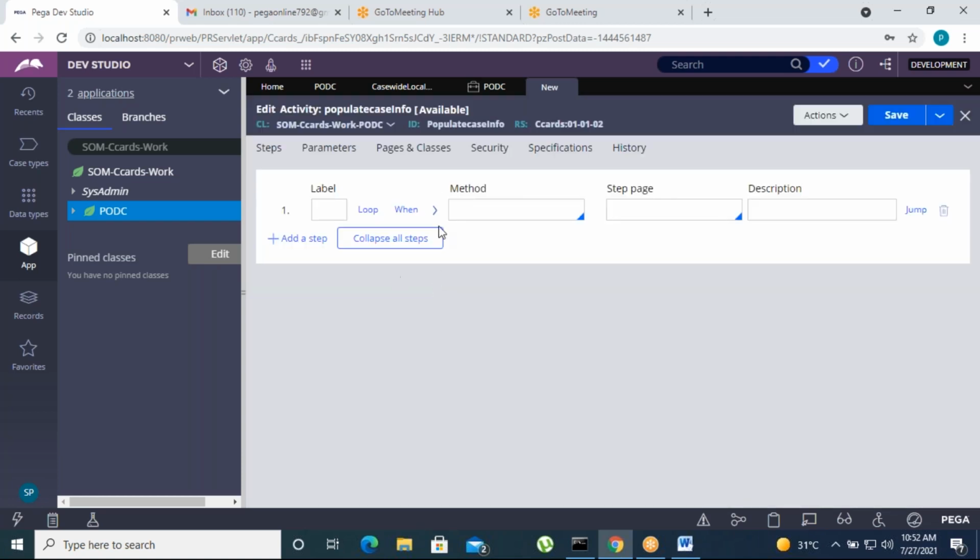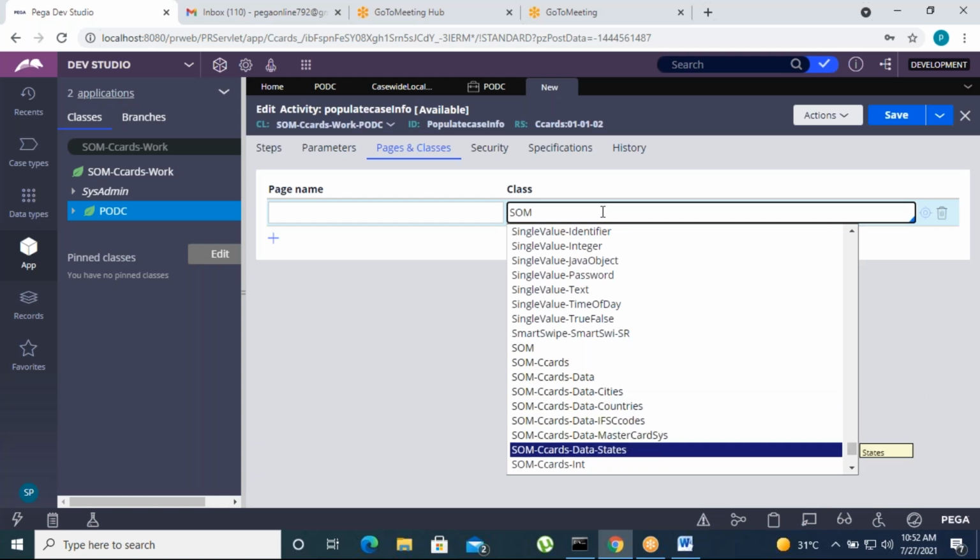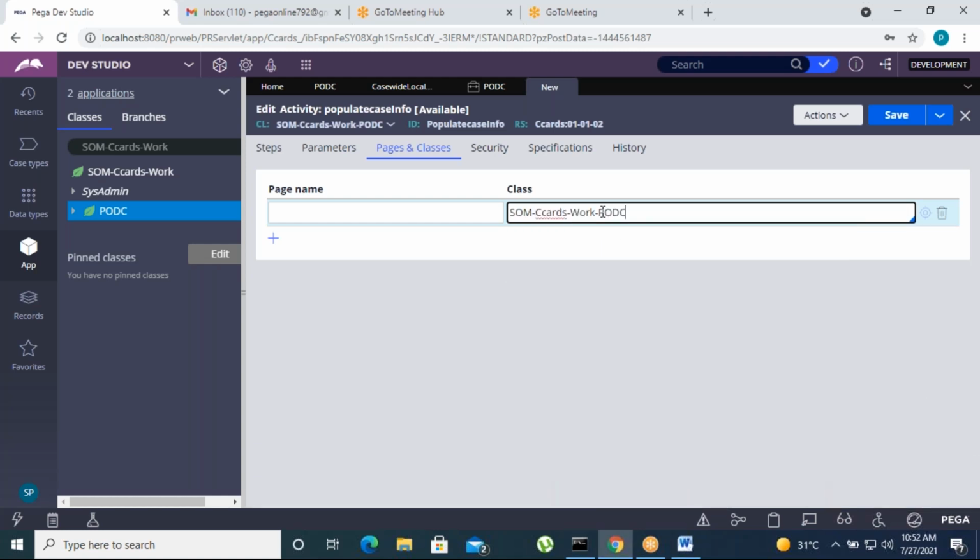Go to pages and classes, give some class, that is your work class. Give the work class any page, a temp page or something, any page.